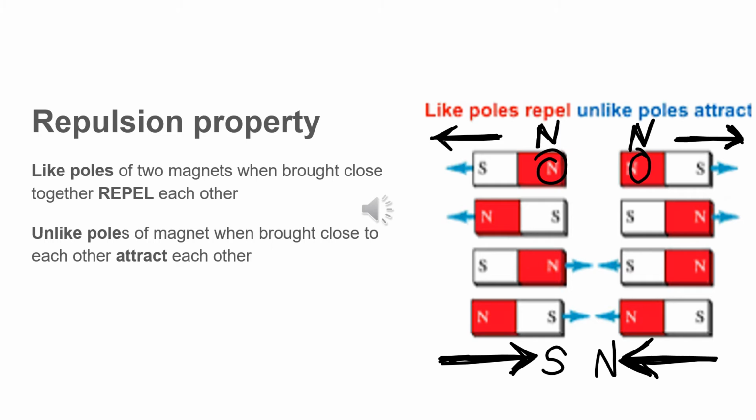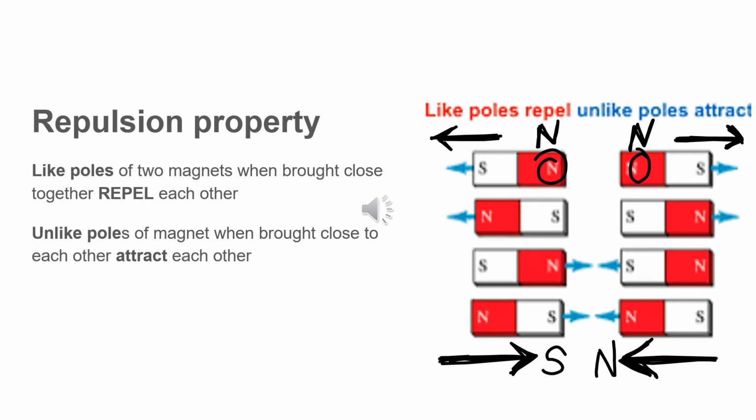But then when one of the bar magnets was turned around, that means one was facing the north towards the south of the other magnet, then they got attracted towards it. So the property that came out of this particular experiment is that like poles repel each other and unlike poles attract each other. And repulsion is the surest test to find out whether the substance is magnetic or non-magnetic, because